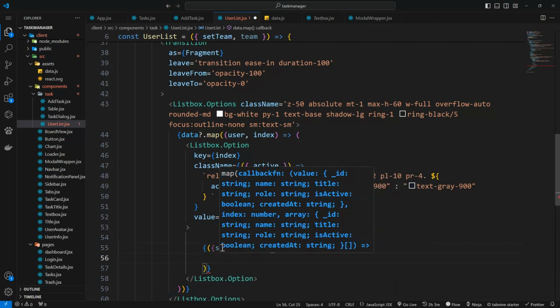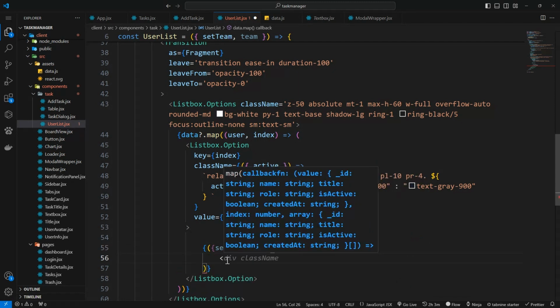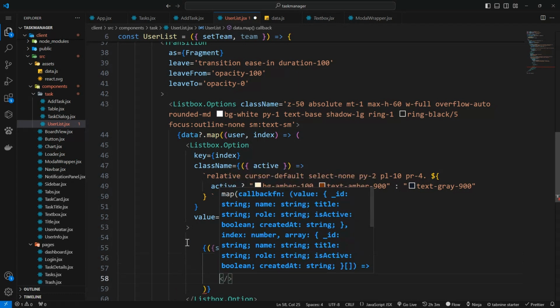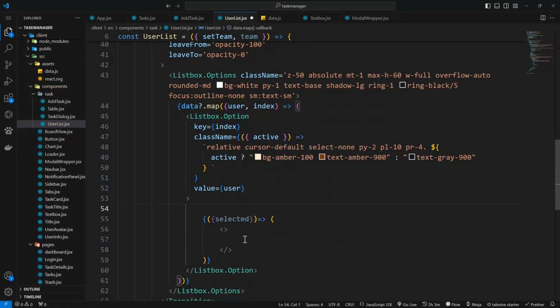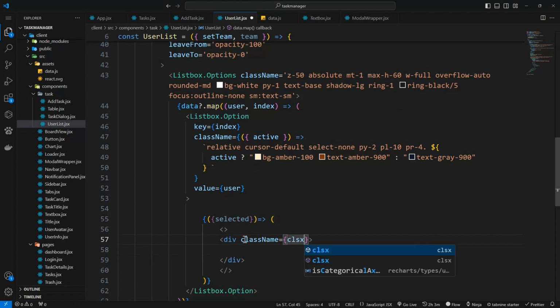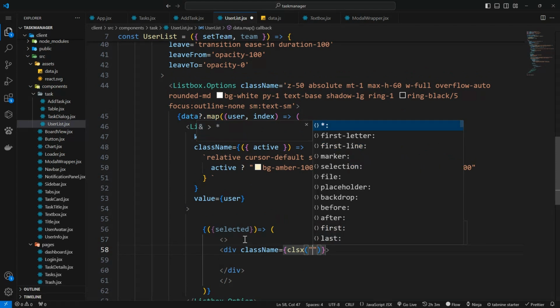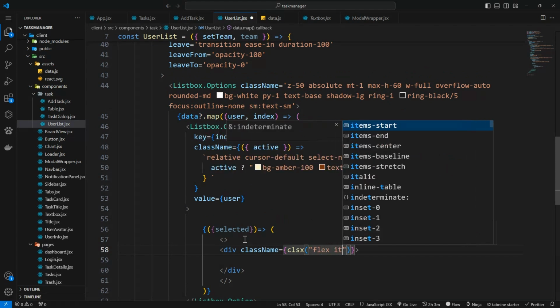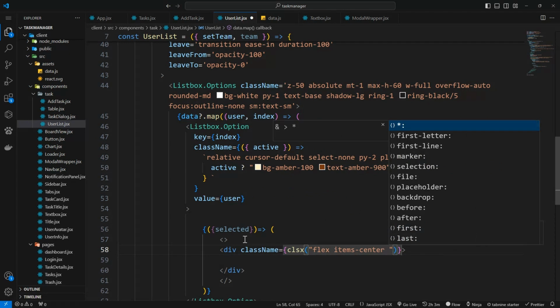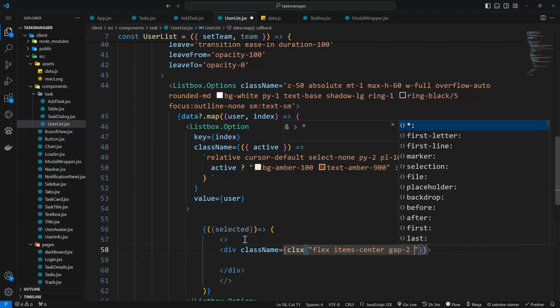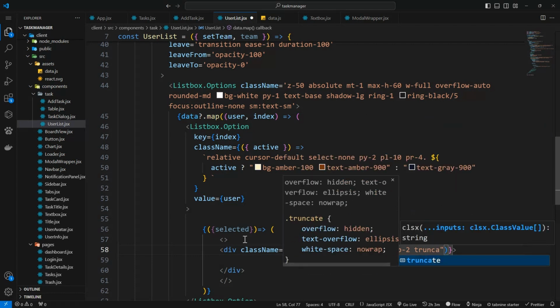So when it is selected, we need to visually tell the user so that the user will know that it is selected, right? Great. So when it is selected, what we'll do is, let us get a div here, and let's pass some classes. We can even use the clsx function. So we'll pass classes of flex, items-center, gap-2,